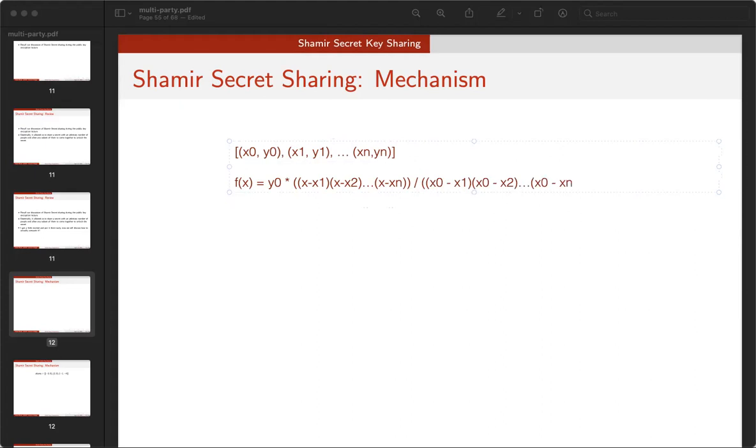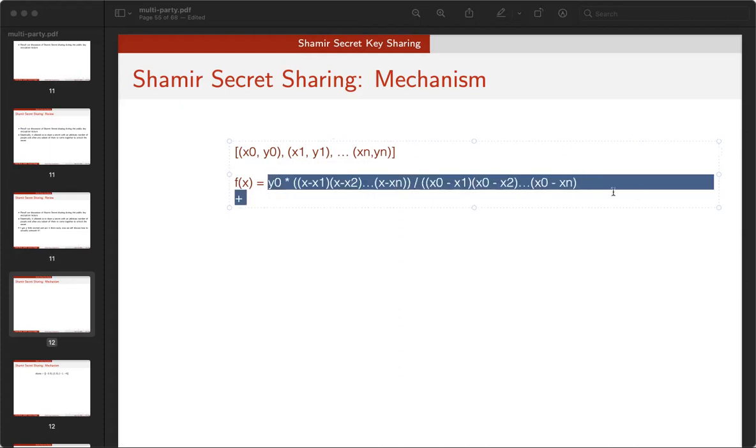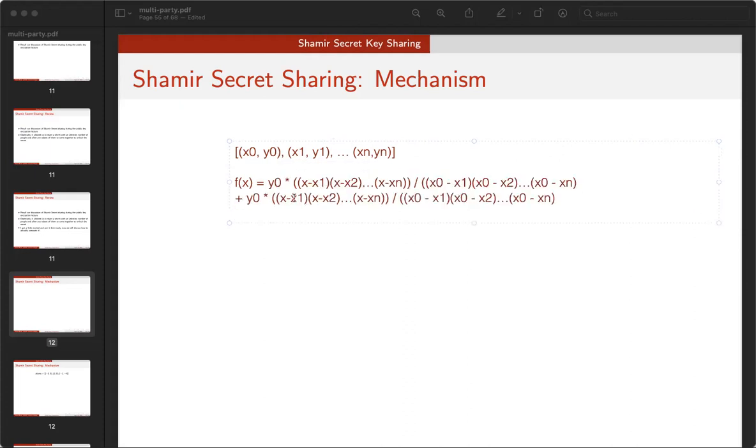X0 minus Xn. And then that's plus, and it's the same thing, but you shift it all over. So it becomes Y1. Then it's X minus 0 there, and we skip 1. And this becomes 1, and that becomes 0. That becomes 1. That becomes 2. All the way through to the end. Plus, same thing until we get to Yn, where it becomes